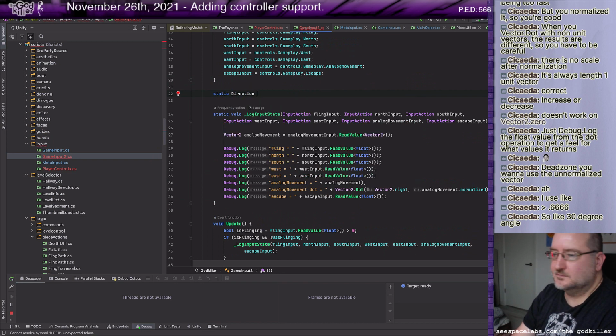Direction. There we go. Okay. Get direction from analog movement.